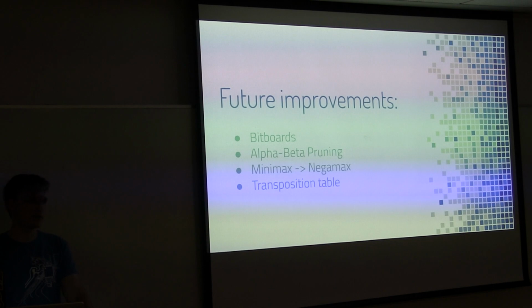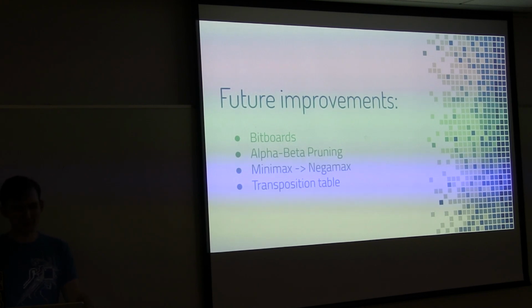Alpha-beta pruning, which we mentioned earlier, would help out the inefficiency that was very noticeable at any depth past 3, really. So that would be very important. One key thing is Minimax into Negamax. Minimax is intuitive to understand. If you look at the graphic, your opponent wants to minimize your score, you want to maximize your score. But I think the way we implemented it definitely left a lot to be desired.